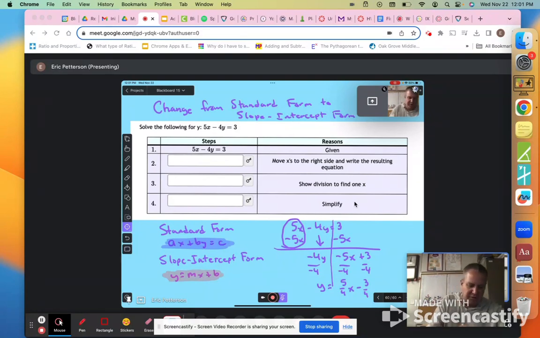Let me show you how to put it into the problem that we solve. So the first thing I would do is write down, move the x's to the right side of the equation. I did that with a negative 5x. So I had negative 4y equals negative 5x plus 3. Then it says show division to find 1y. So the way I do that, it's going to be negative 4y divided by negative 4 equals negative 5 divided by negative 4x plus 3 divided by negative 4. And then the final step will be just to write my final equation, which is y is equal